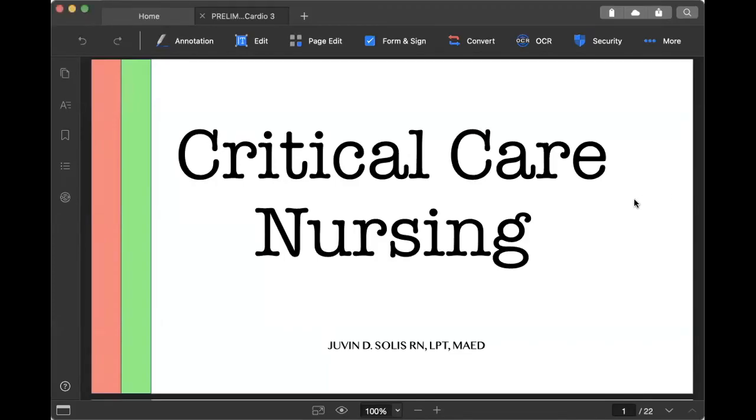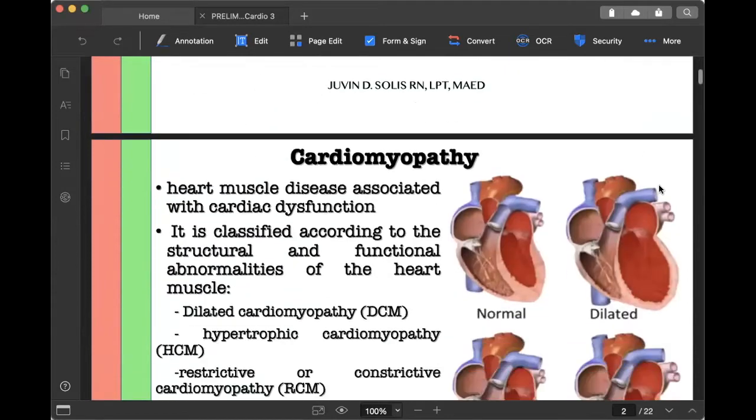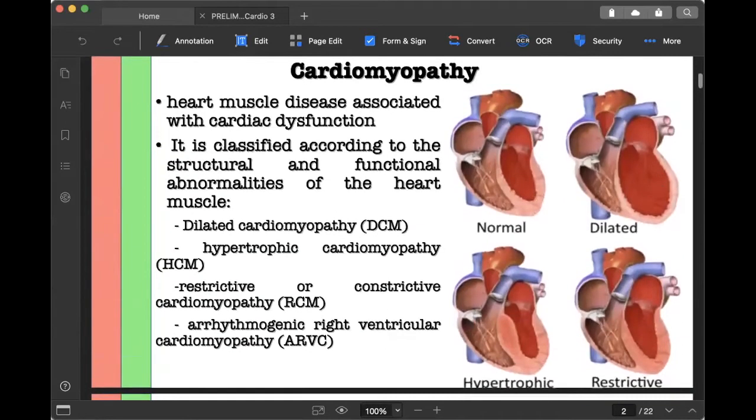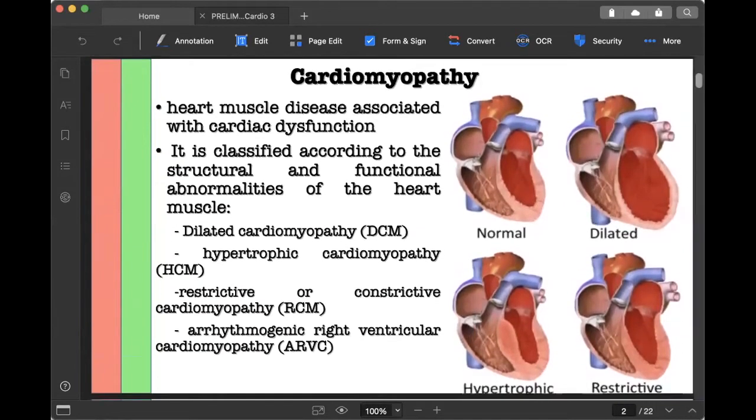Hello and good day. So today we're going to continue our discussion on critical care nursing, and this time we'll be talking about cardiomyopathy. Cardiomyopathy has something to do with heart muscle disease associated with cardiac dysfunction. If you dissect the word cardiomyopathy, cardio means heart, and my is